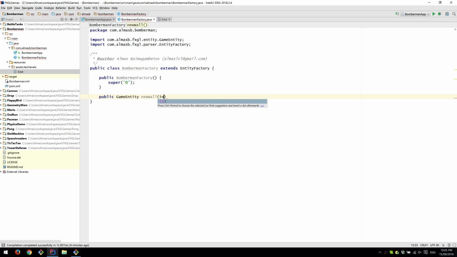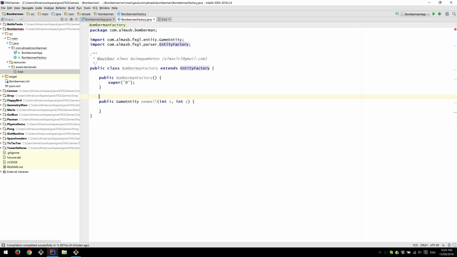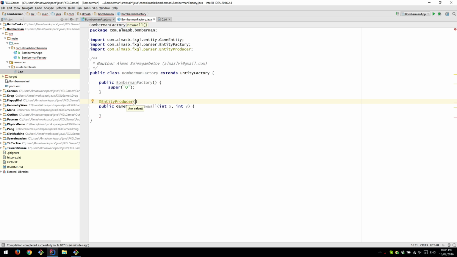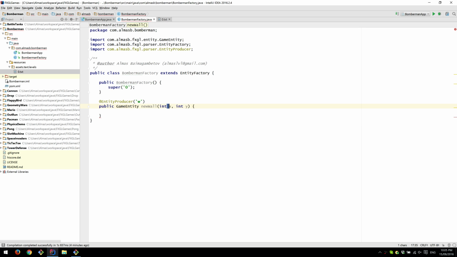I think it should take position. And then after having defined this kind of signature, I should be able to apply an entity producer for character W. So we first create a method that produces a game entity given x and y,